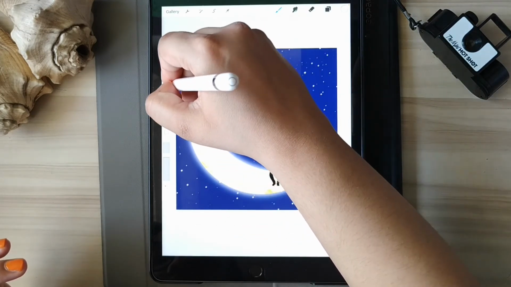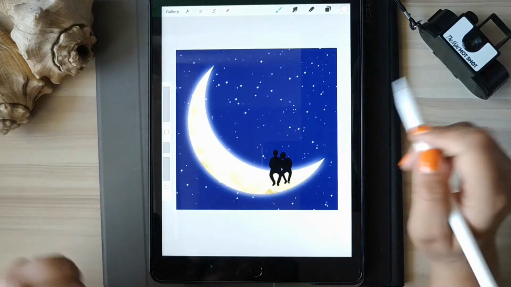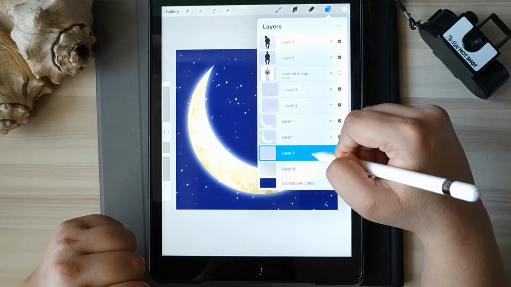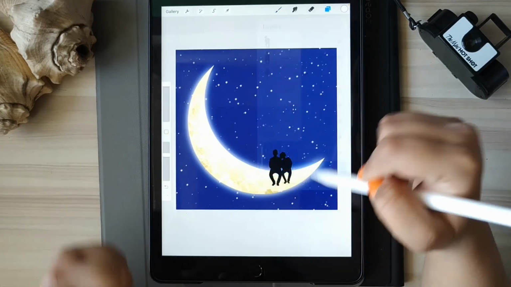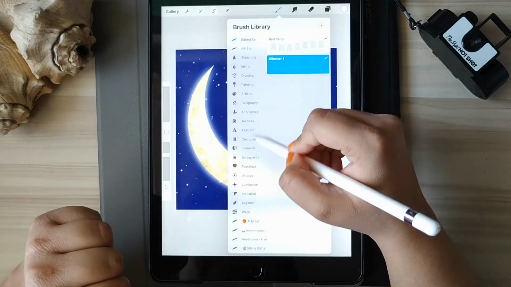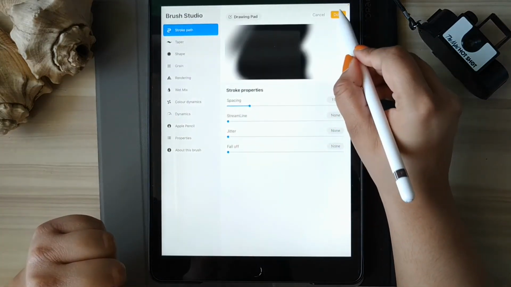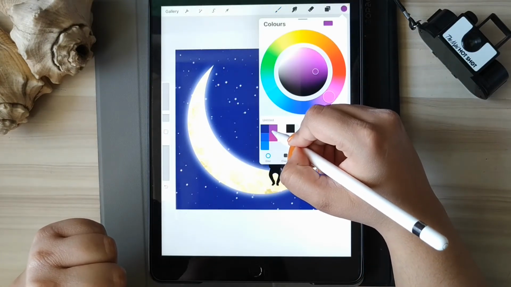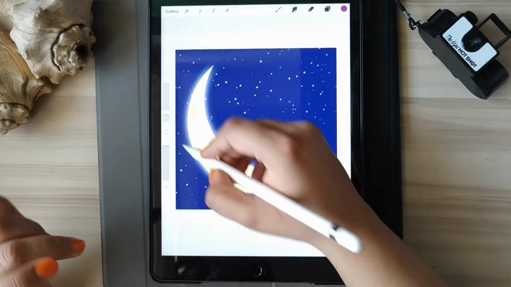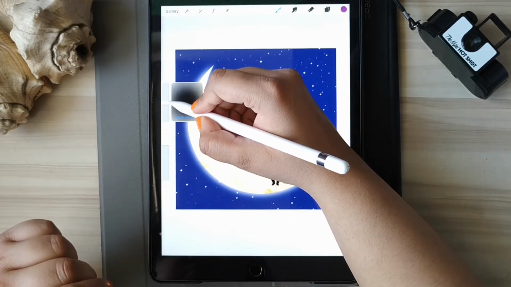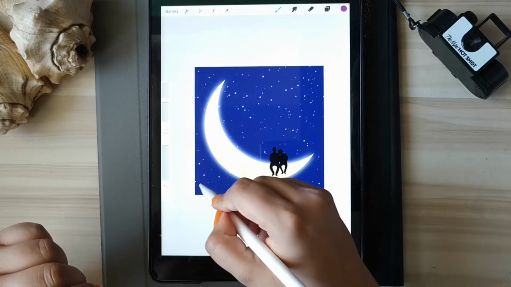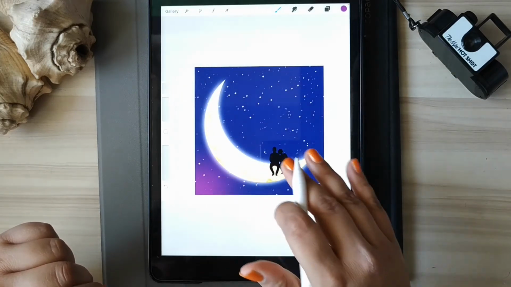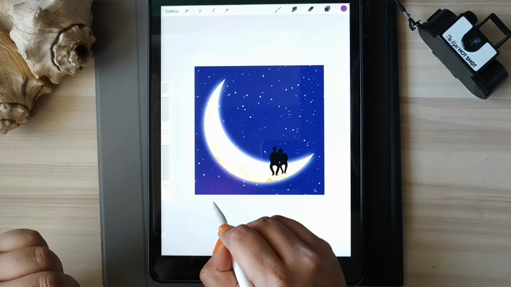So let's just complete these stars, and this looks perfect to me. So now let's move on. Create a new layer and move it to the very bottom behind the stars layer, and go to airbrush and select the soft brush, the very first one on the airbrushing tool, and we'll choose this purplish color, and let's make the brush a little bigger. So let's see, and we'll add a little color to the sky, to give it a more dreamy look, a romantic look.